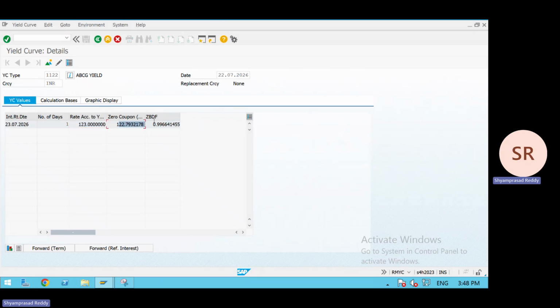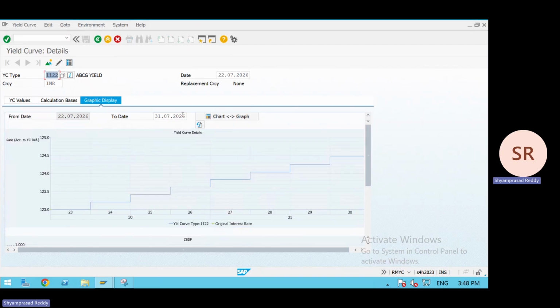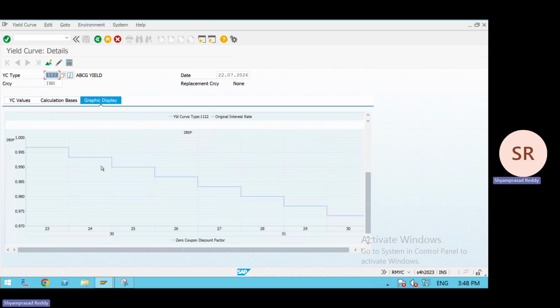There is a zero coupon rate we maintained. If I go to graphs, it will show like this, the graph is going like that. If I see, for example, around 31st July 2026, I want to see this is going like this. Why it is going like this means there are backend factors, meaning there is an interest rate